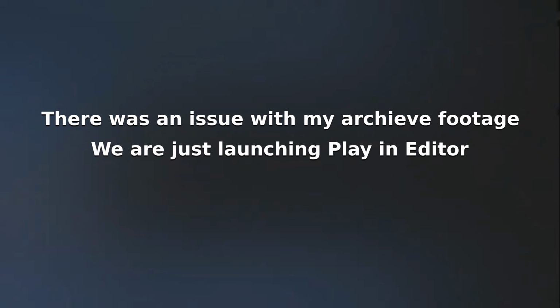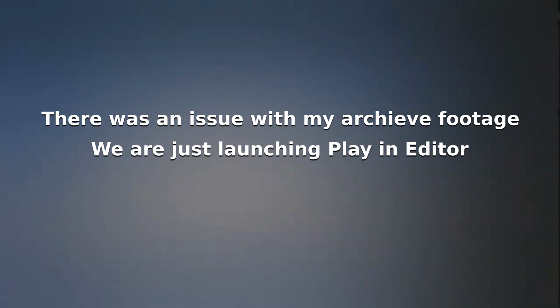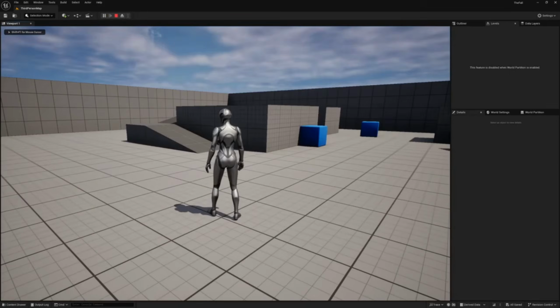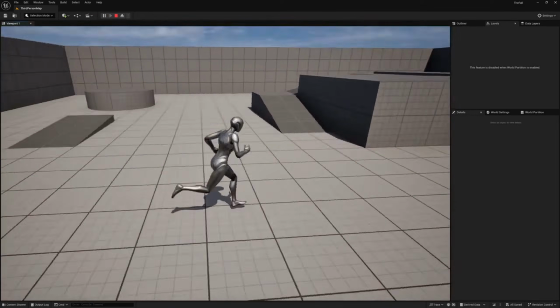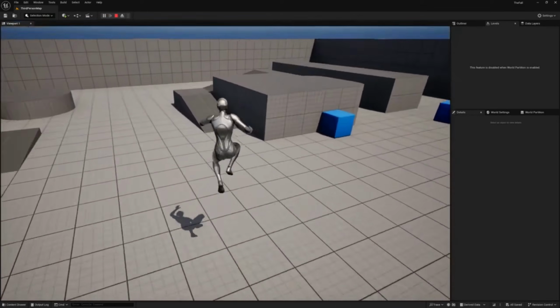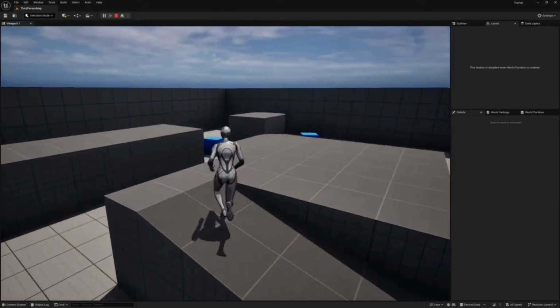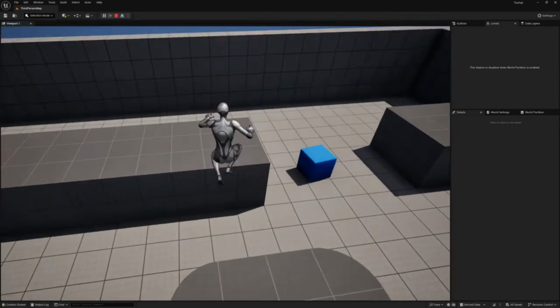Move this content browser out of the way. Now, this is the first time I'm going to be running in the editor, so this may take a moment for it to clarify itself and not be janky. But no, it works straight away. So let's just make sure everything still works. So yeah, we have our character running off of the custom class we just created. Now I understand there's nothing fancy there, but